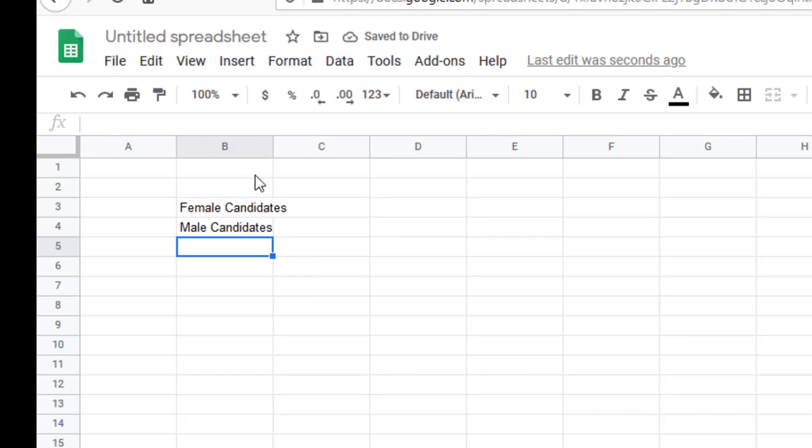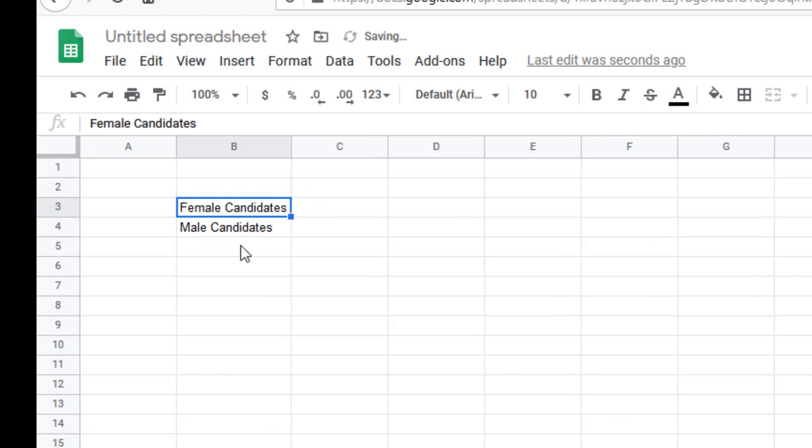One thing I'm going to tell you right now: you see how in female candidates the words go past the border. You can double click up here and it'll make the column wide enough for all those to sit in. Now that's going to be the left column of a 2-column table that we're going to graph and turn into a chart. The right column is going to be the dollar amount. So I'm going to title the column, though. I believe it was the average